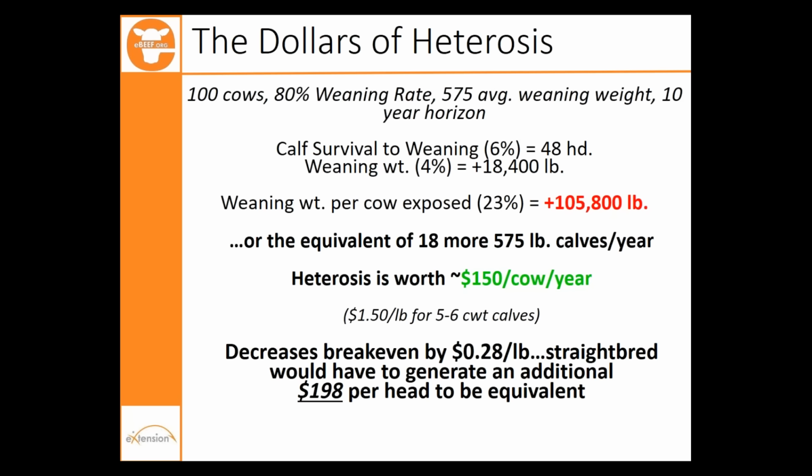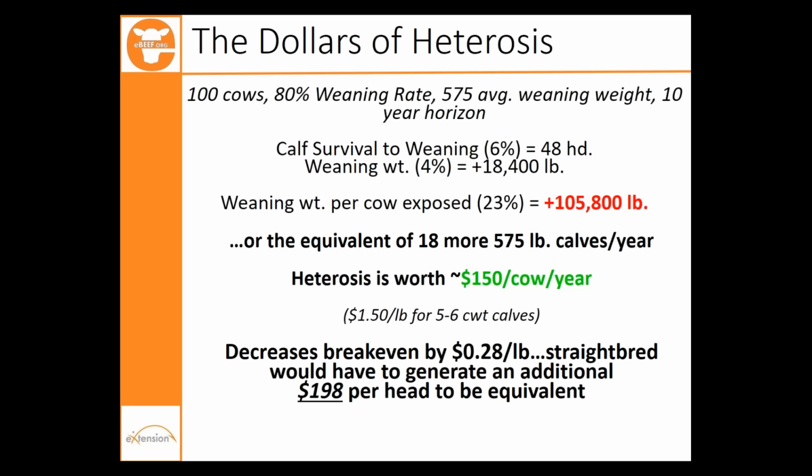say, a F1 terminal sire system would produce about an additional 106,000 pounds of calf weaning weight in that 10-year time frame, just due to heterosis. This doesn't count the breed complementarity part that we could add to this by making sensible breed selections. This is just the heterosis part. And that's equivalent to producing about 18 additional calves per year in that production system. If you go and sort of back figure what that's worth in terms of calf productivity in today's calf market, that means the crossbreeding system generates the heterosis part about $150 per cow per year in additional revenue,